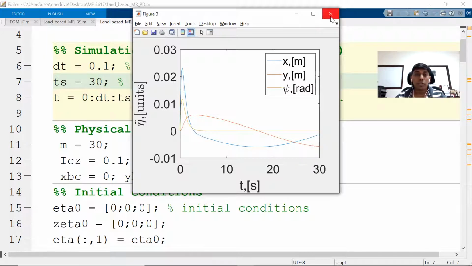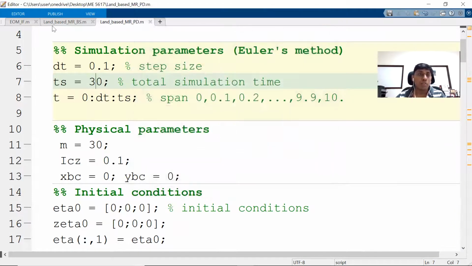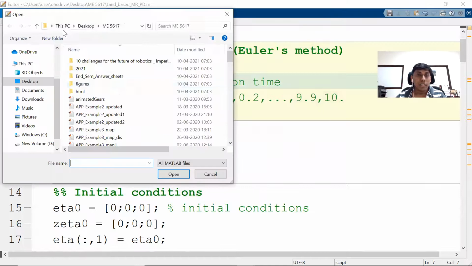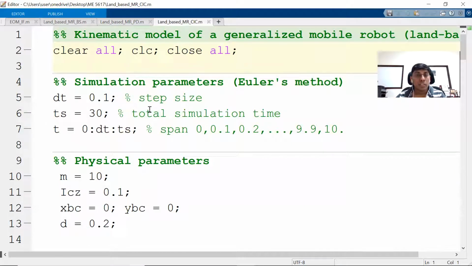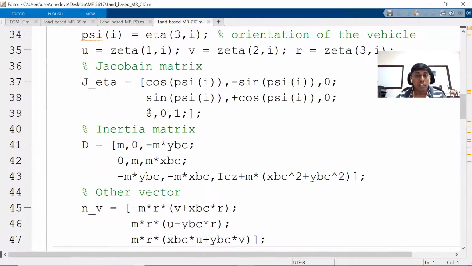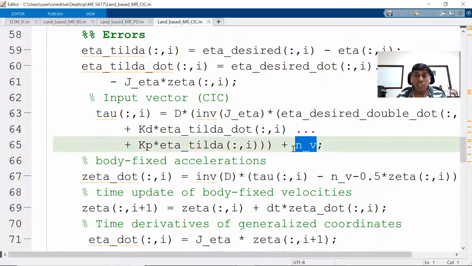The same proportional derivative may not be straight away applicable for the non-holonomic vehicle. However, for the holonomic one, with actuator capability good enough, we can go ahead with this. We can see how the computed torque control will come. So I'll go to the computed torque control. Computed torque control is a proportional derivative plus feed forward term and linearization, in the sense of cancelling the nonlinear term. The nonlinear term we are cancelling by introducing it.